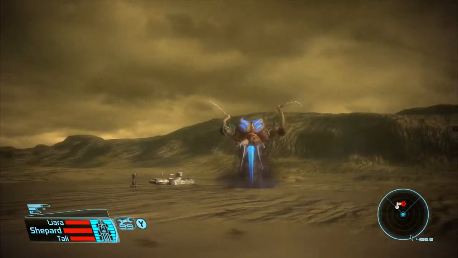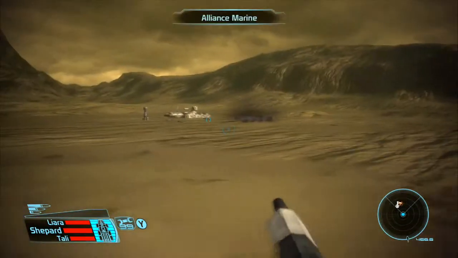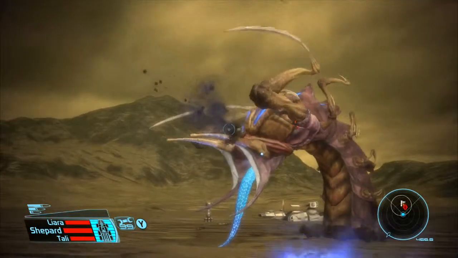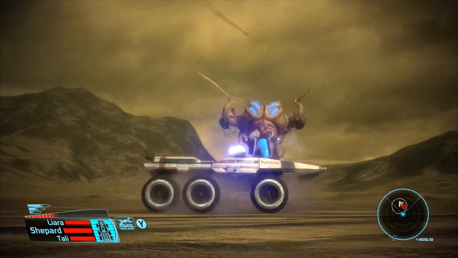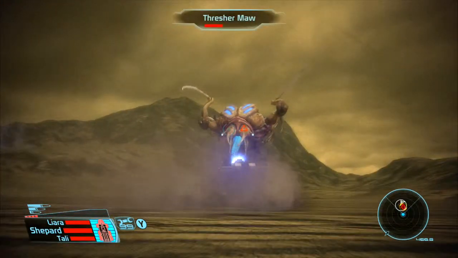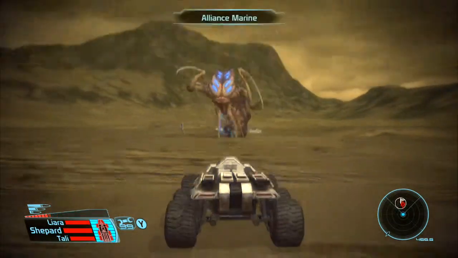Yep, Thresher Moth fight. For a brief moment, I forgot how to use the cannon. That is not the best thing to do. Oop! Where's his health bar? There it is. Whoa, whoa, whoa. I don't know why it's taking me so long to shoot this guy. Back up, back up, back up. Oh, God. Look how much...